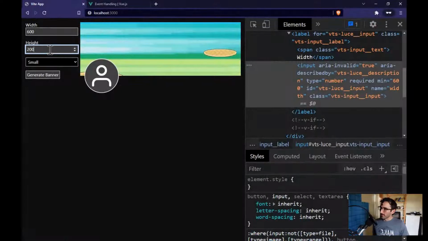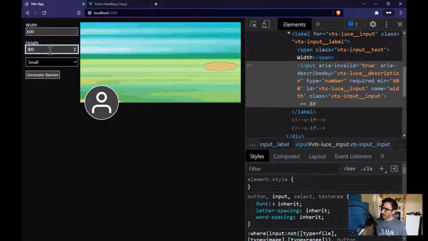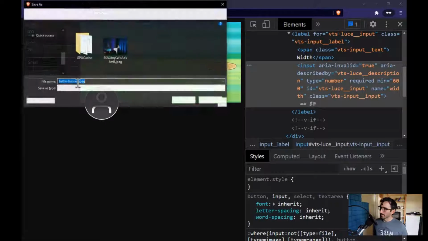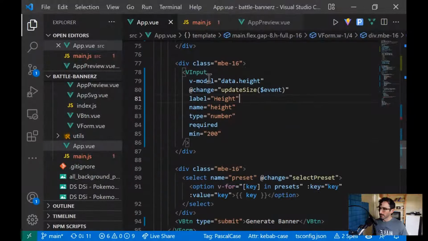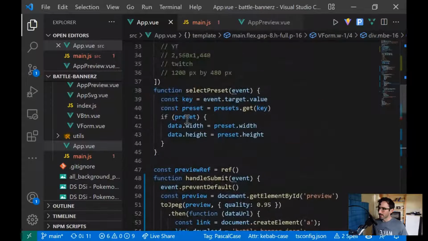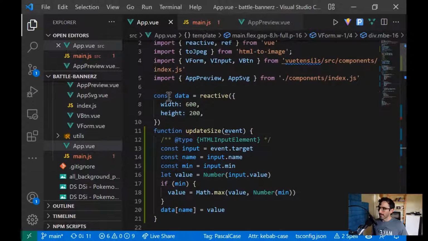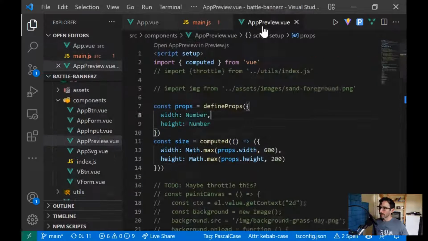Same should apply for 200. If I change that to 20 and leave, it's going to go to 20. If I change that to 300, it's going to update that and then generate the banner. Cool. Now, because we are managing here what that data attribute can be, we can actually go back here and